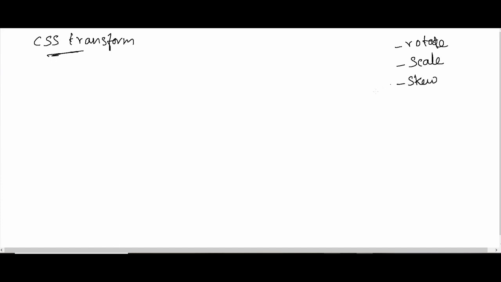Then skew. Skewing means it will be skewed or altered by means of the corners. By pinching on corners, we alter the skew ratio, right? Then translate. Translate means it will reposition from one position to another position, that is translate.